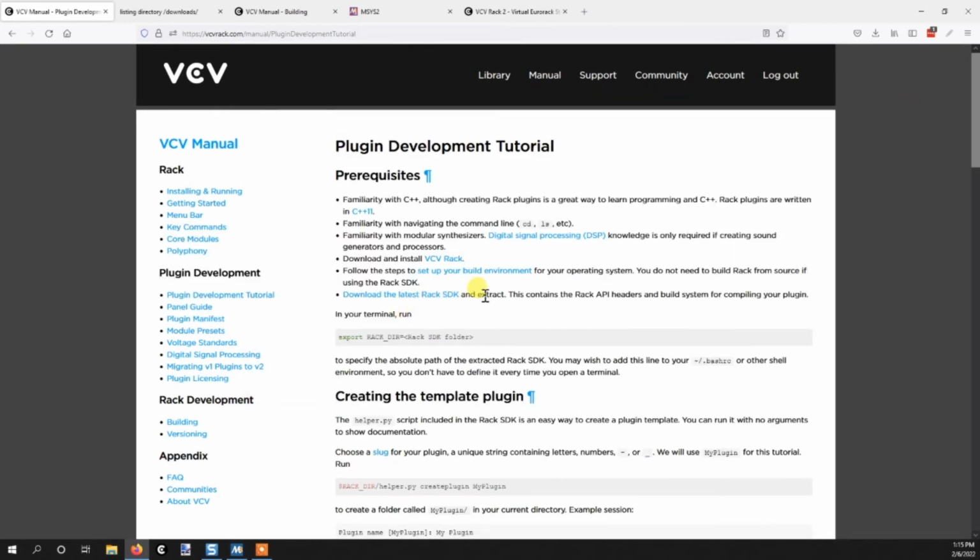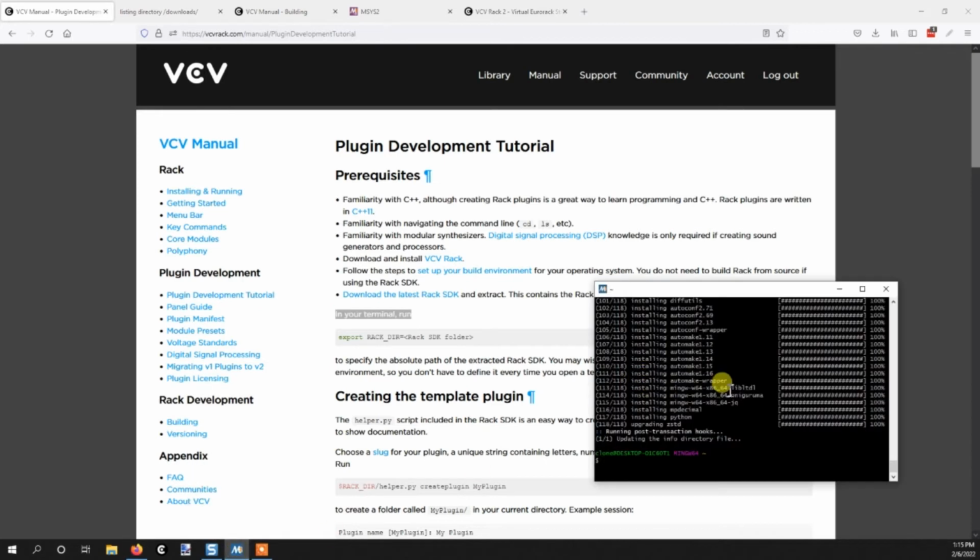Download the latest Rack SDK and extract. Check. This contains the Rack API headers and build system for compiling your plugin. In your terminal, run this export thing. Great. Let's go ahead and do that. Where's my terminal? Here it is. And I want to say export RACK_DIR equals